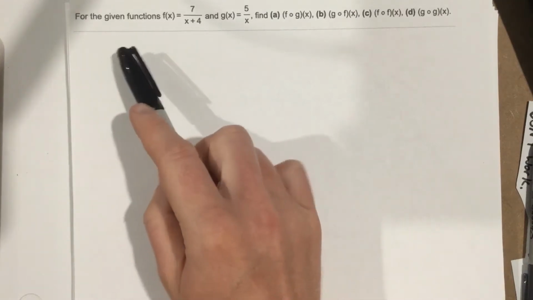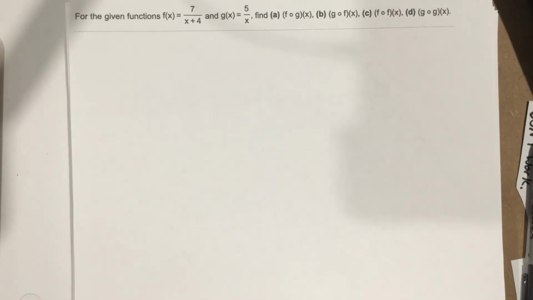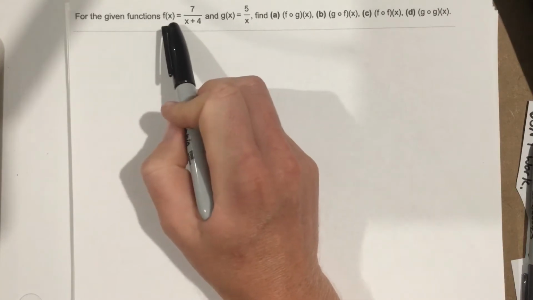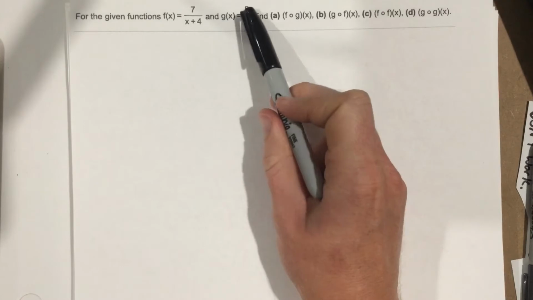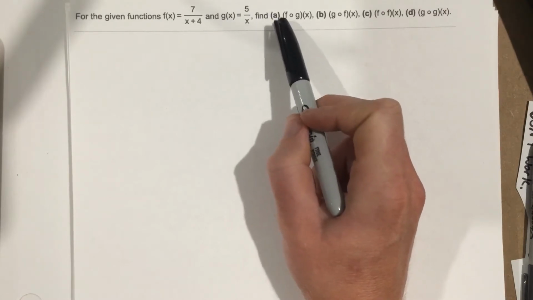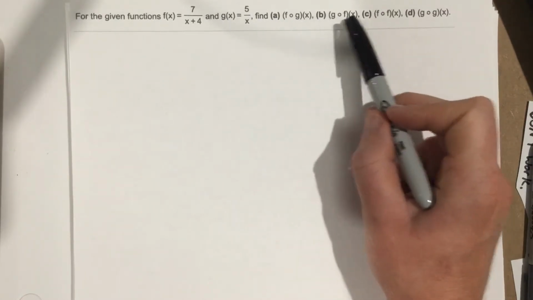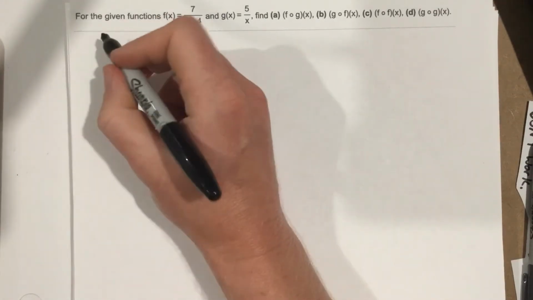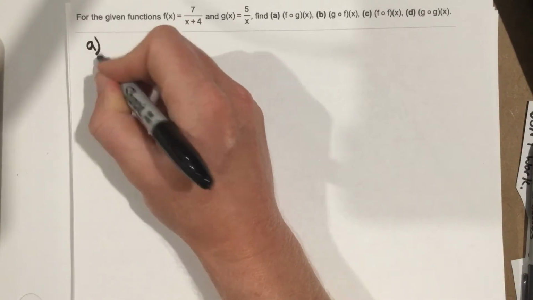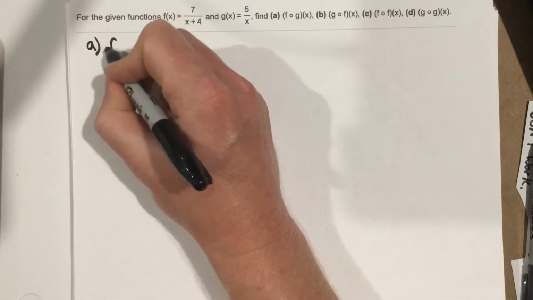This is problem number 8 from section 5.1. It says for the given functions f of x equals 7 over x plus 4 and g of x equals 5 over x, find f of g, g of f, f of f, g of g. All right. This is going to require a little bit of algebra work here, so let's make sure we use our space wisely. So f of g